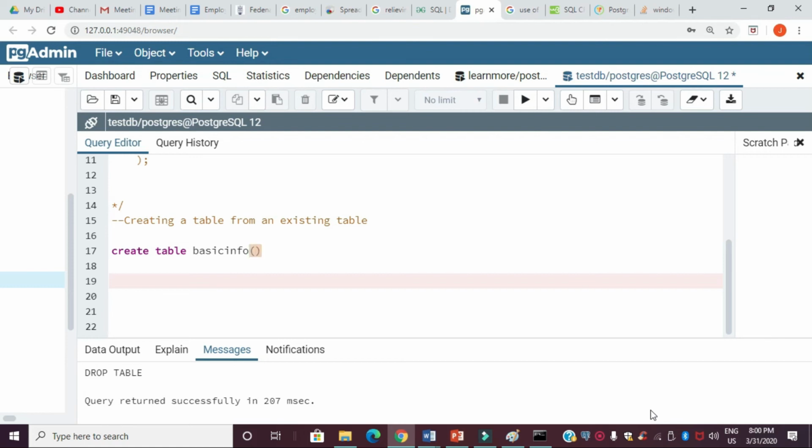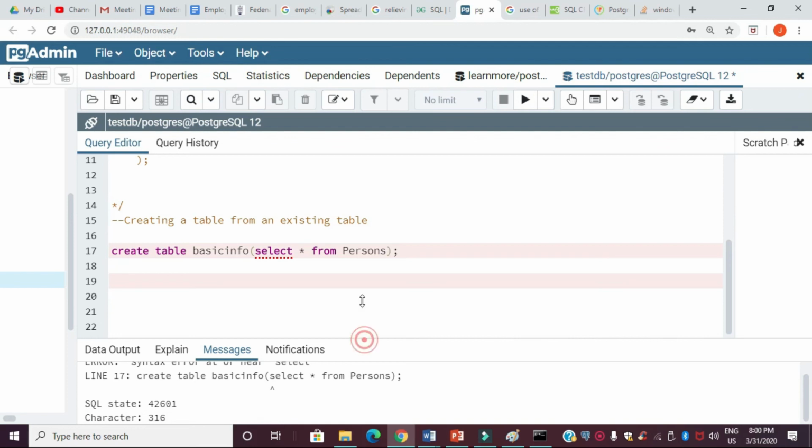Then you have to specify the columns. Either you can select all the columns or particular columns. Here I'm going to select all the columns. So write the command select star from the table name, persons. Then put the semicolon. You can execute the query.